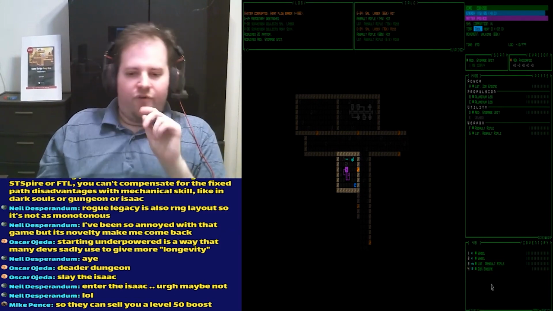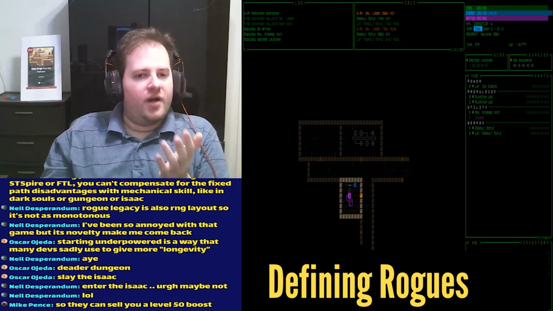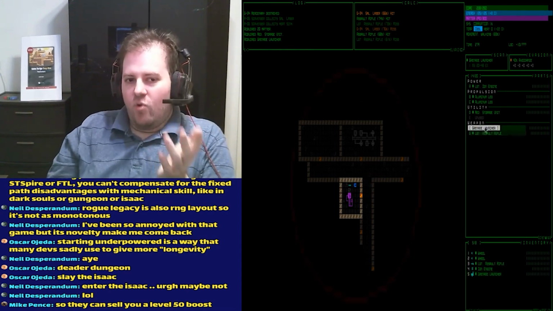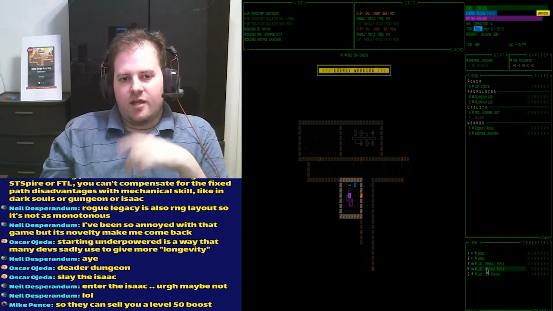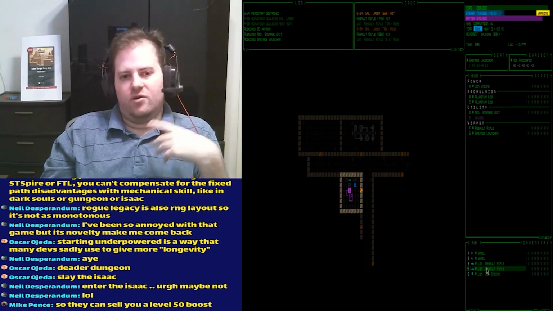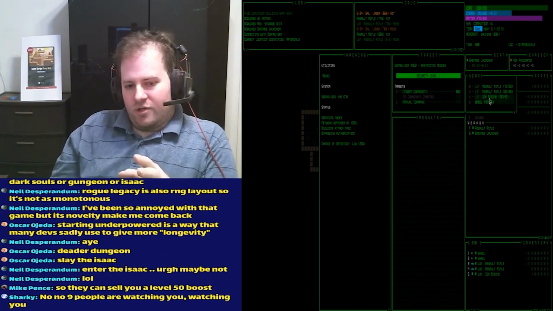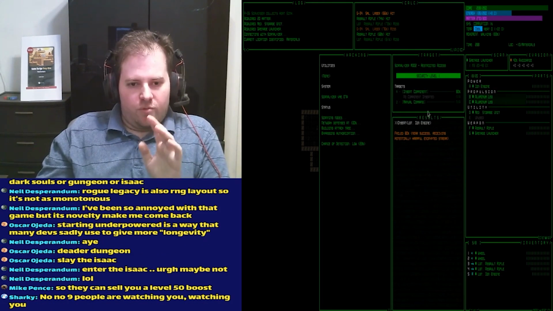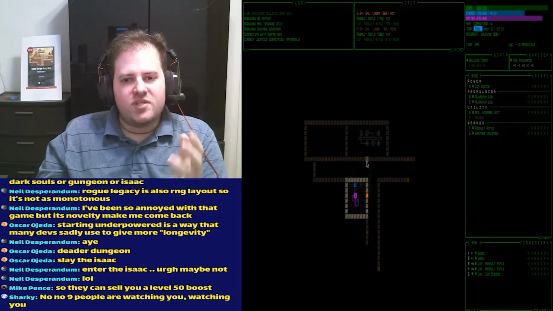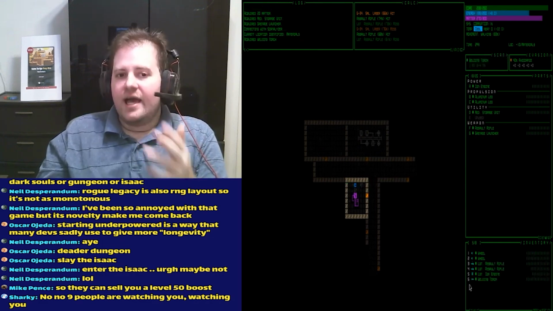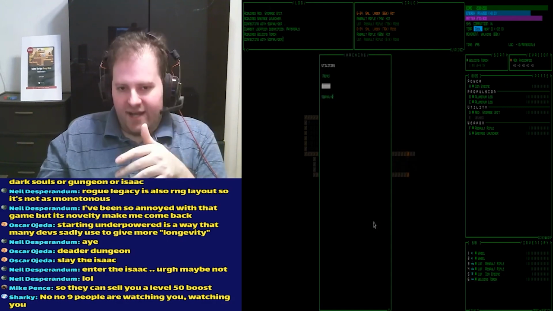So for our final topic here, I want to talk again about the argument about the terminology, because it's a very valid one, even though a lot of people use this to troll. Should games like the Binding of Isaac, Spelunky, Dead Cells, Enter the Gungeon, and so on be called roguelikes? Or should the term roguelike be only defined to games in the classical sense of the genre? Again, games that are meant to mirror or emulate Rogue or NetHack.